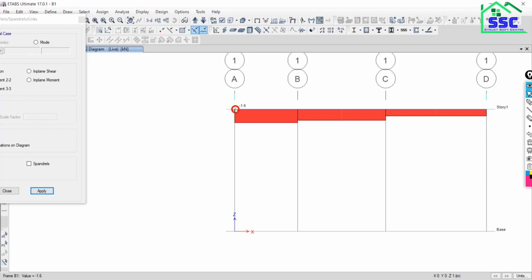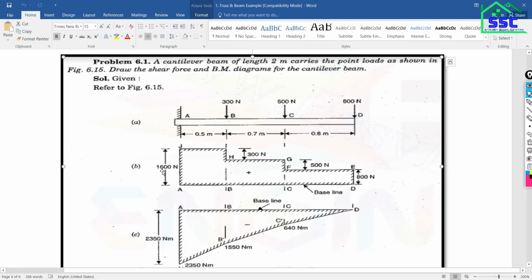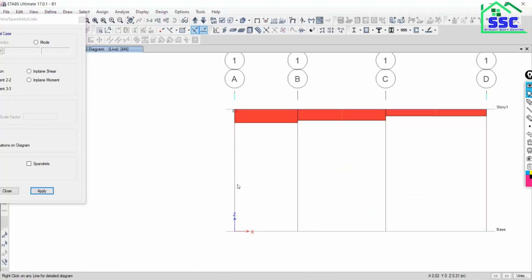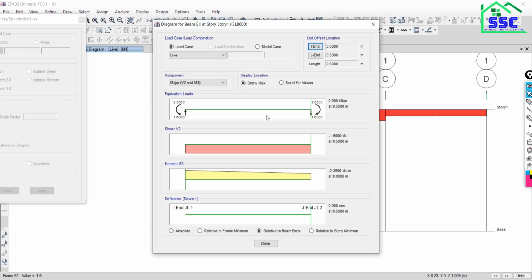That means it's okay, minus 1.6 in kilonewton, and the result shows in newton 1600. So this is done, this is okay. And you can see the elaborated result. Right click on the beam and it will give you a more elaborated result. Minus 1.6 is the shear force, and the fixed end moment is 2.35 kilonewton meter.